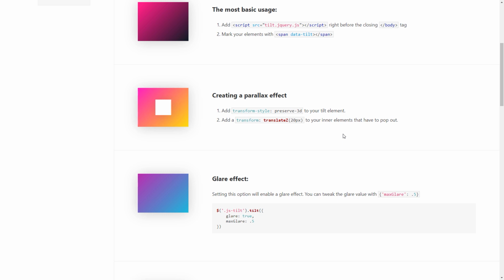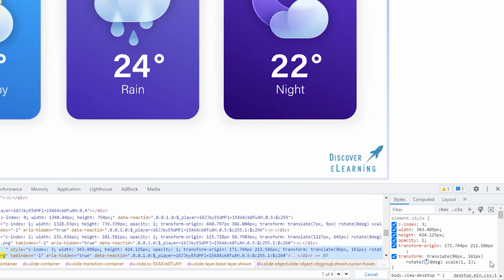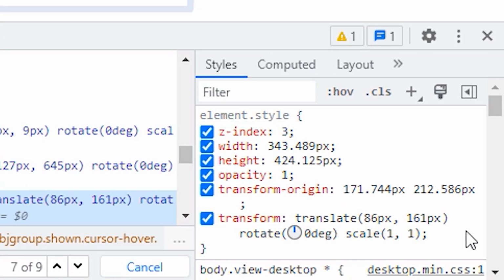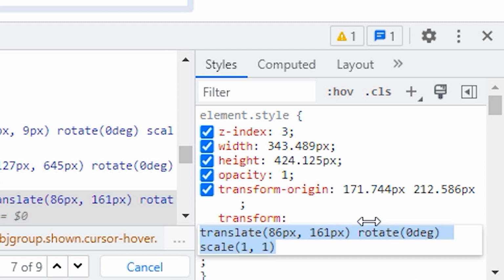And here's where things get really interesting and challenging, because as we saw earlier, Storyline uses the transform translate CSS values assigned to the object div in order to position where it needs to be in the browser. We can't just overwrite this value with a z-axis value alone, as we would end up losing all of the position value data and the card would move away from its intended x and y axis positions. So what we need is a way to capture the starting position values of this div and make sure that they are included in the style values that we will be applying to the div instead.